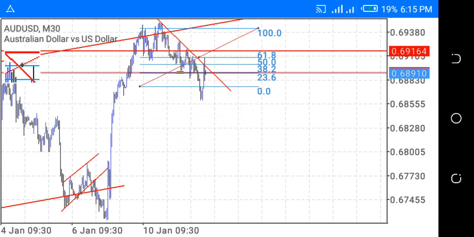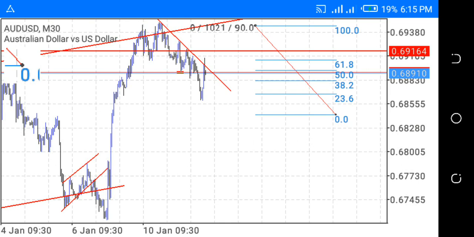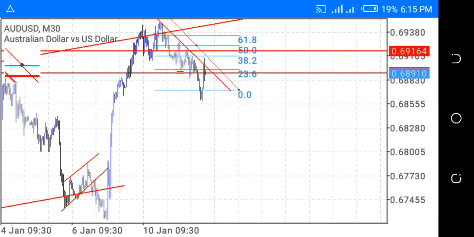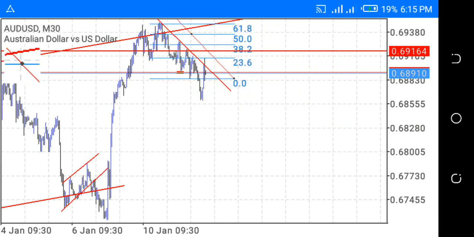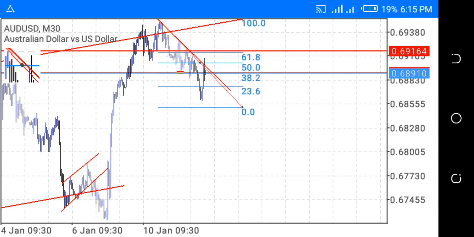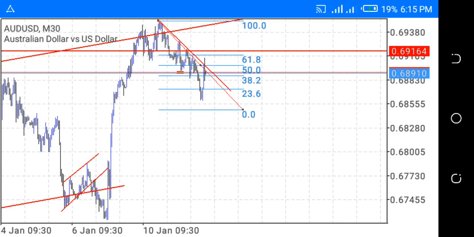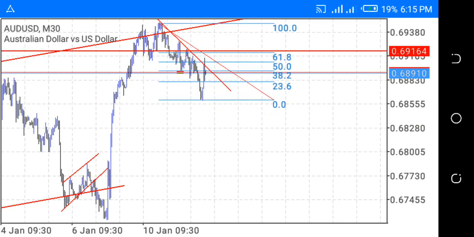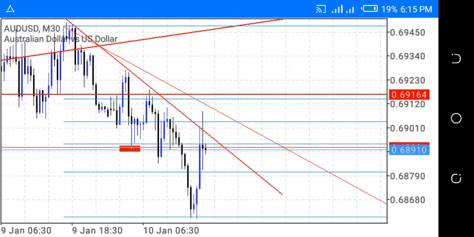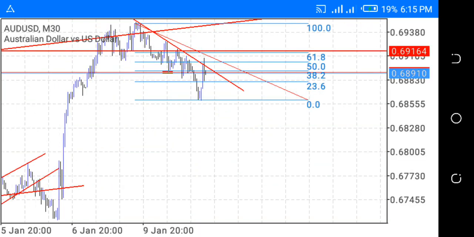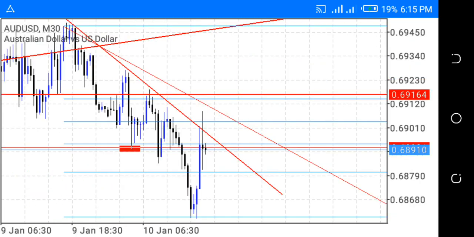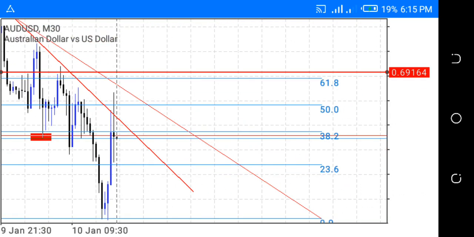Now I always love to enter the market in a 61.8 fib zone, because though it's hard to come by most times, that's always a good ratio. So I'm looking out for this market to see what happens and see the zone it's going to be pulling back to. Right now the market is currently at the 38.2 fib zone,